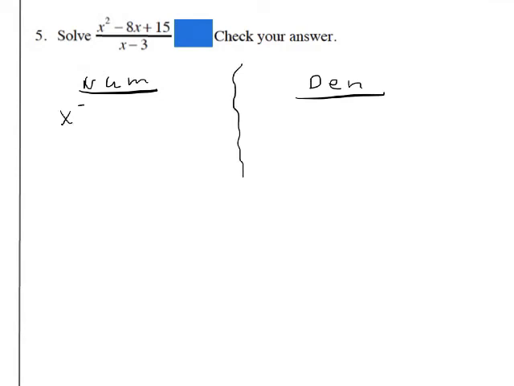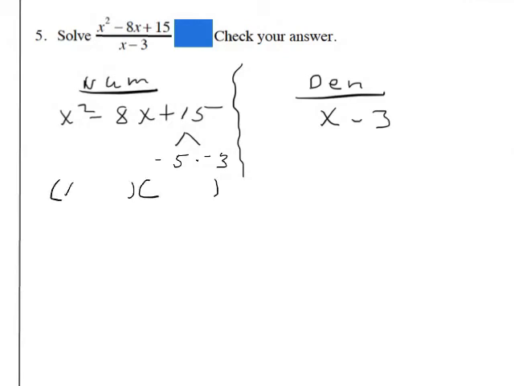And we're going to put my numerator here and we're going to factor that numerator and the x minus 3 denominator. Okay, so now the factors of 15. Remember when my constant is positive, I look to my linear term and that will be the signs of both of my factors of 15. So that means my factors are going to be -5 times -3. Or you could have put -3 and -5. Now when I factor that, my factors are going to be x minus a 5, x minus a 3, and